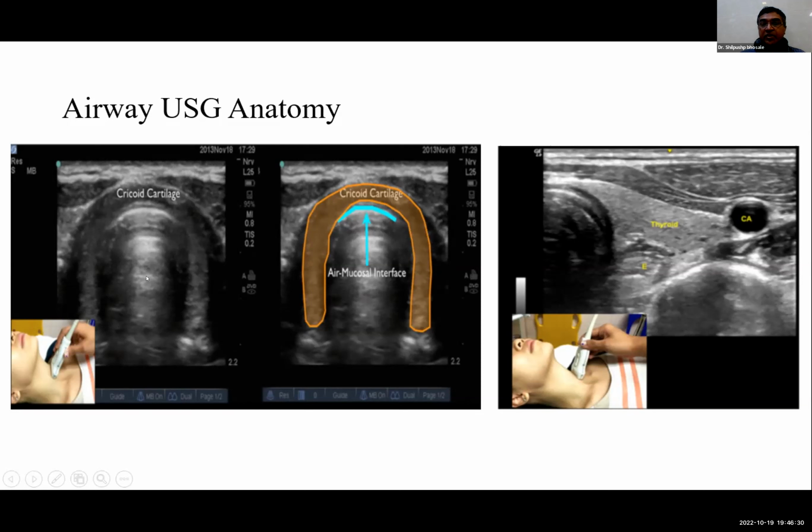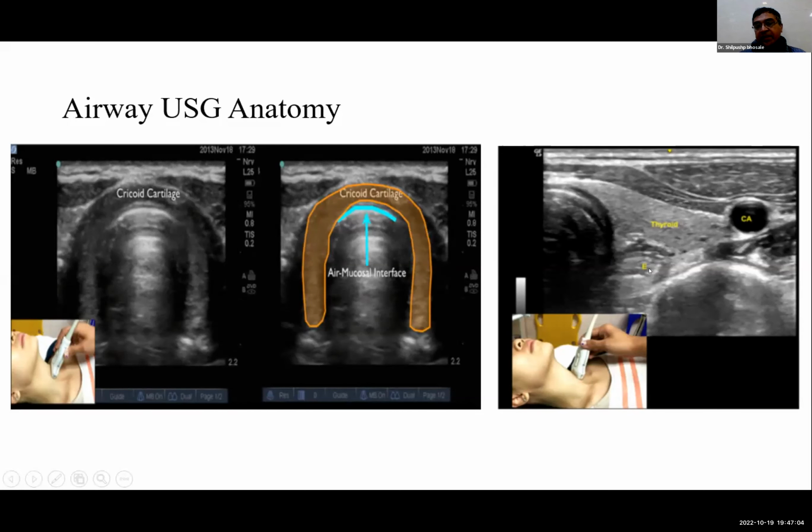And like I said, because air is the enemy of ultrasound, once the ultrasound passes through the air, it will scatter, and that's the reason why you get the snowstorm appearance in the normal airway. If you put the ultrasound transversely, you can identify the trachea, you can identify the thyroid, but critically you will be able to identify what is called the esophagus